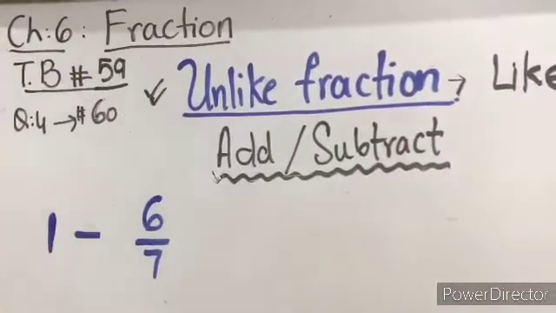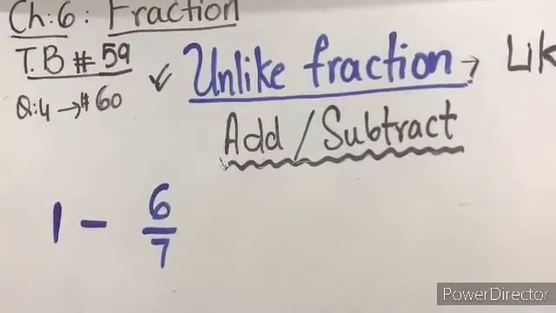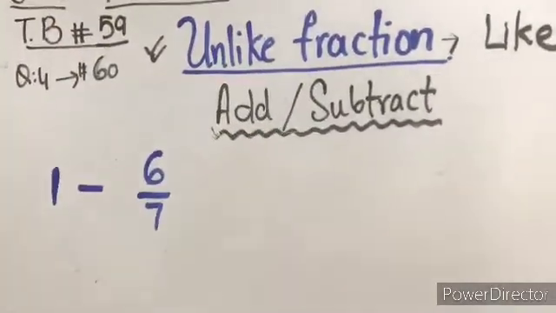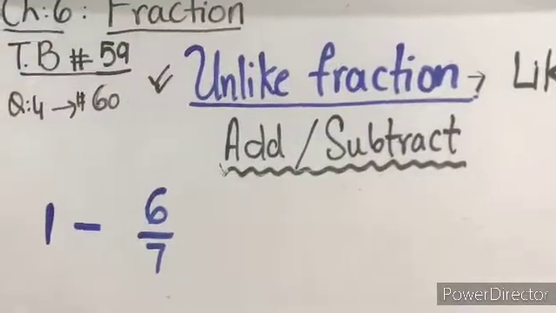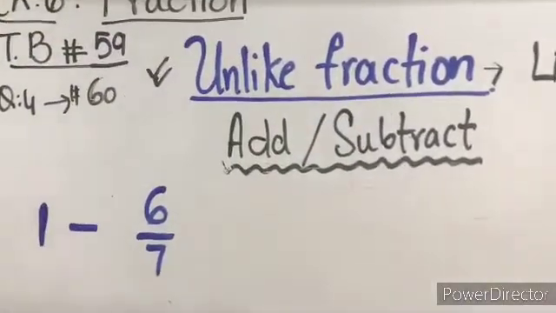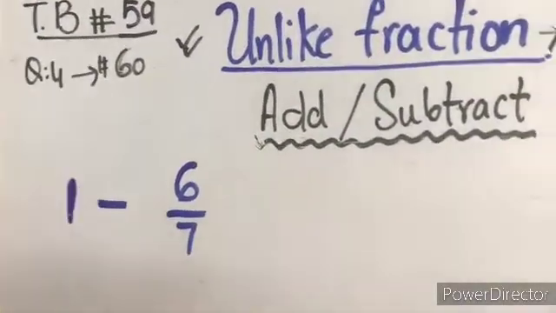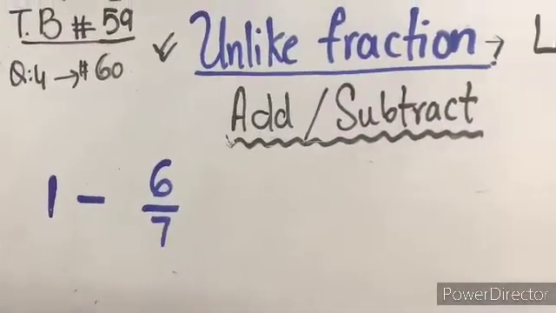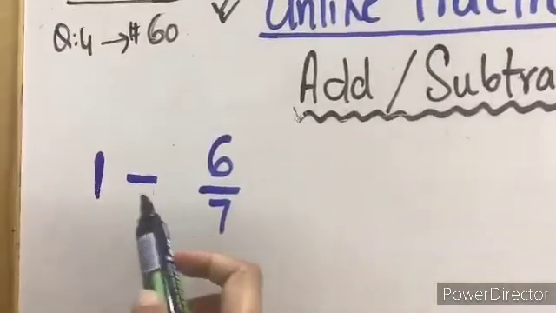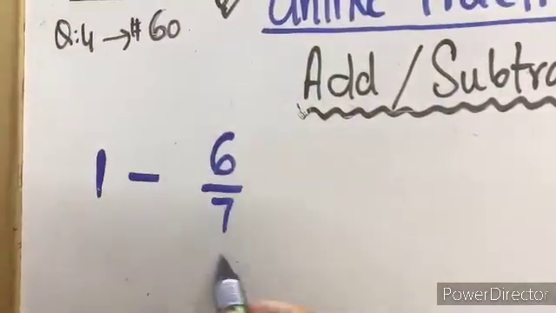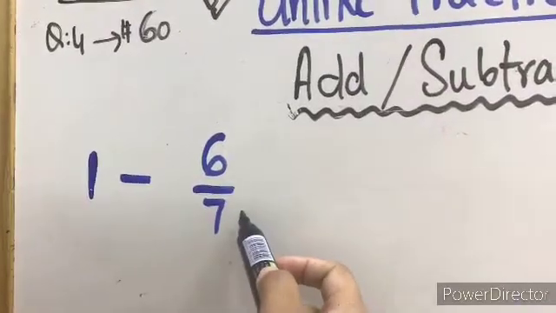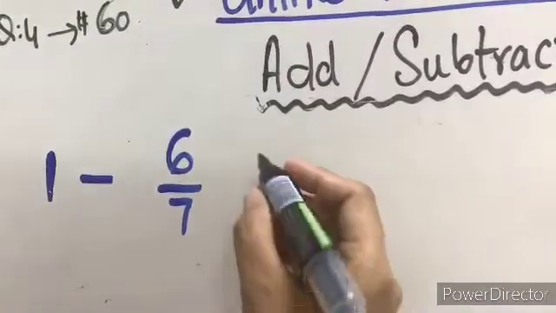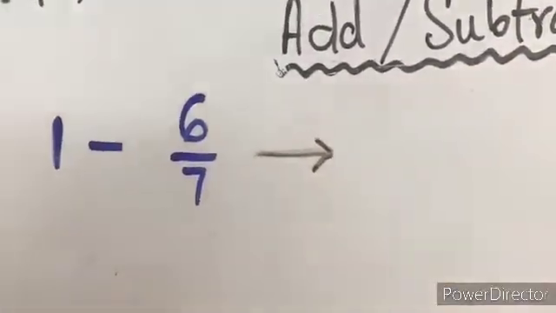Here you go with another example. It is also on textbook page number 60, question number 4. Under question number 4, you are having these parts. See, this is a different sort of question. As I told you in the previous example, if you are having one whole number, you will change it into a fraction. So if you are having this sort of question, you will see the other part of the fraction, 6 by 7. The 7 is the total number of equal parts. So simply you will start doing like this.